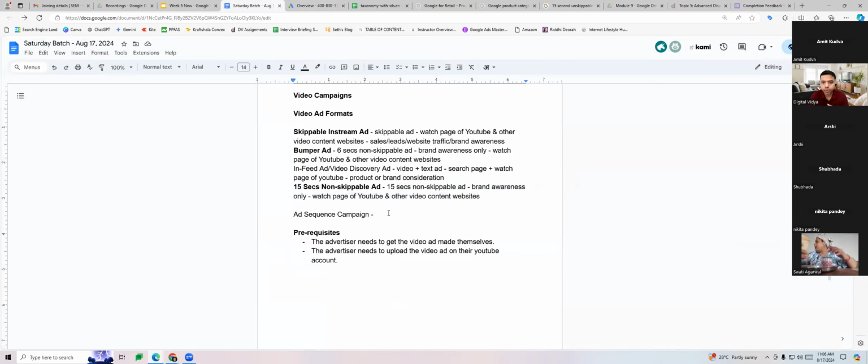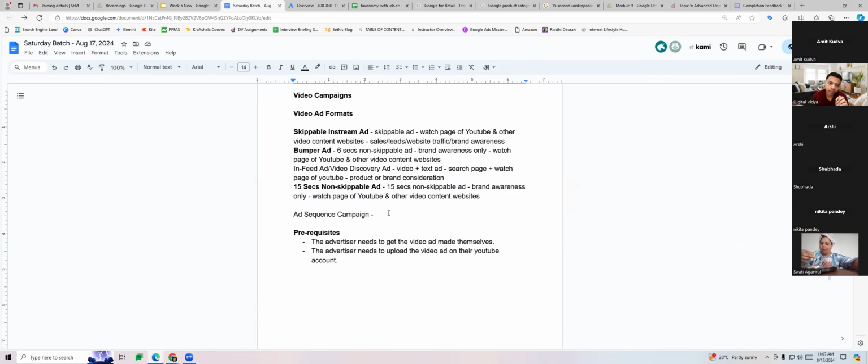All right. So ad sequence campaign, we were discussing this earlier as well, which is a case where you can create a sequence of ads, which is having 2 ads or 3 ads or 4 ads in a sequence and shown to the same user. We have seen this happening a lot nowadays, right? Like when we are about to watch a video content on YouTube, before it starts, 2 ads run back to back.